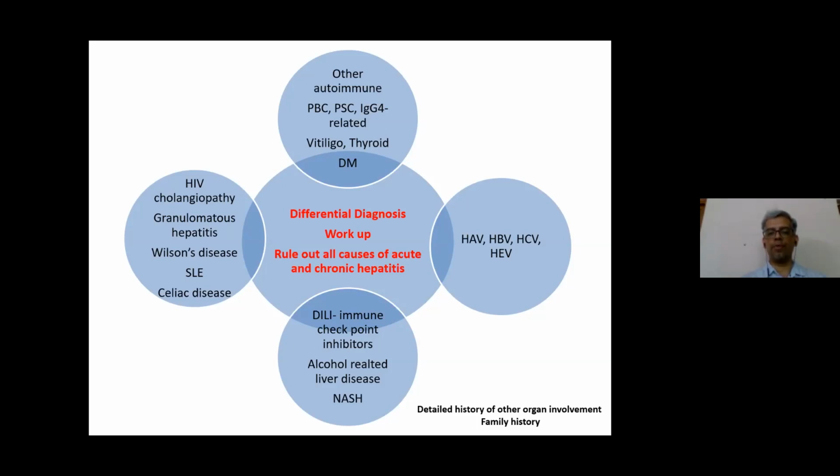And in this subgroup of patients, if you have a female and you think that the patient has multiple multi-system manifestations, rule out systemic lupus erythematosus. Celiac disease is of late seen as a very common association, and you may find patients with autoimmune hepatitis also having celiac disease. Autoimmune hepatitis may also occur with other autoimmune diseases in the form of primary biliary cholangitis or primary sclerosing cholangitis,